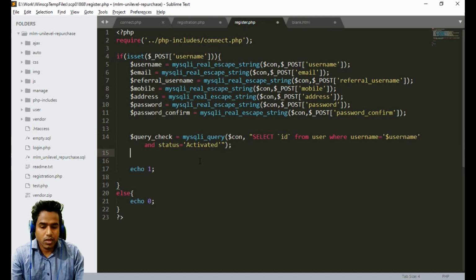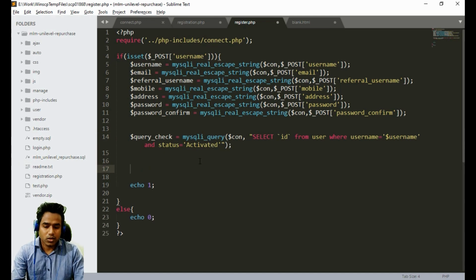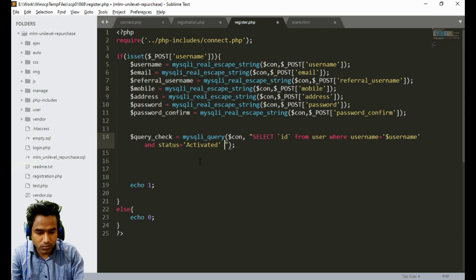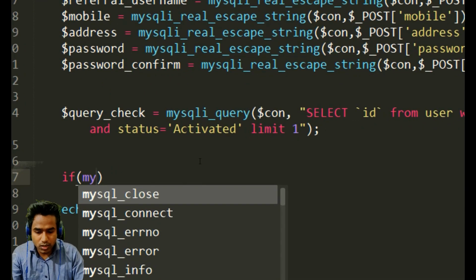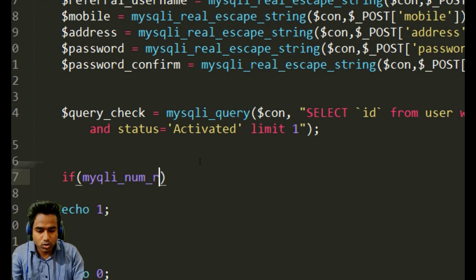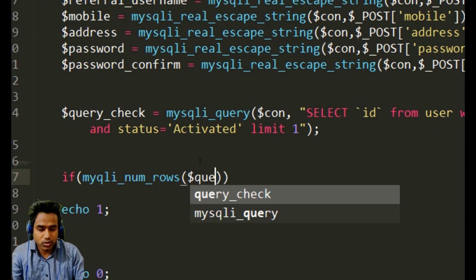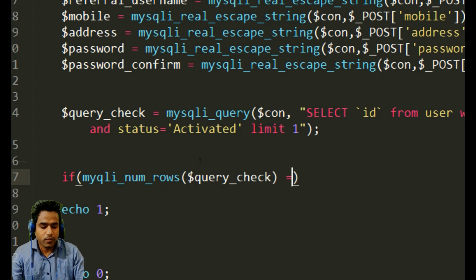Okay, if mysqli num rows of query check is equal to 1, it means the account of our sponsor user is activated. Now we can insert the information.